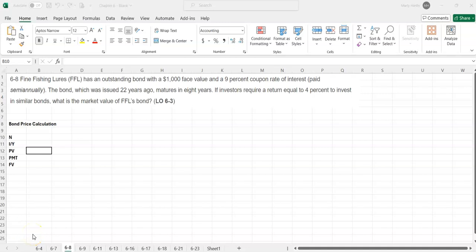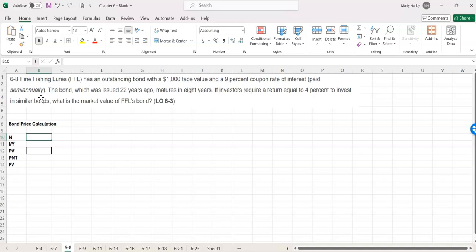So this is problem 8 from chapter 6 of CFIN7. This is another bond price or market value calculation. So Fine Fishing Lures, FFL, has an outstanding bond with a $1,000 face value and a 9% coupon